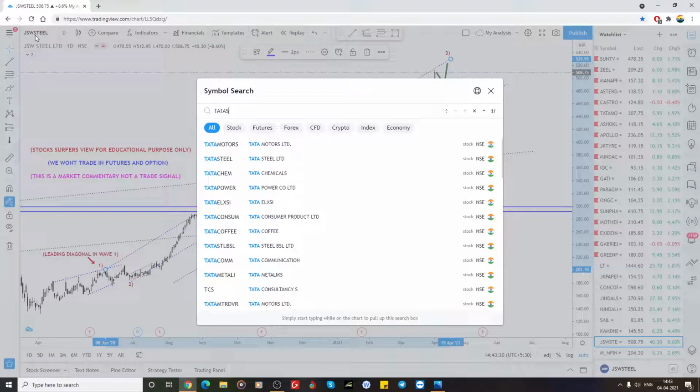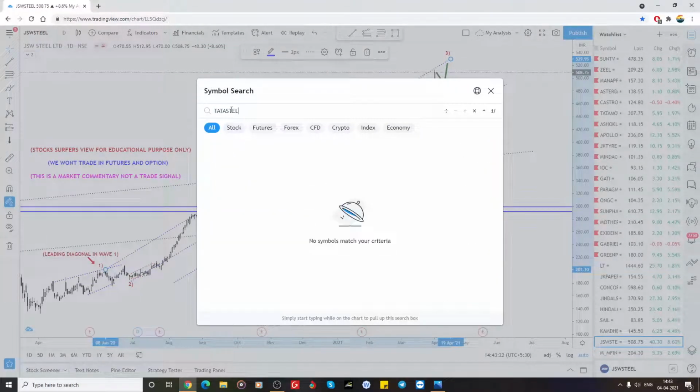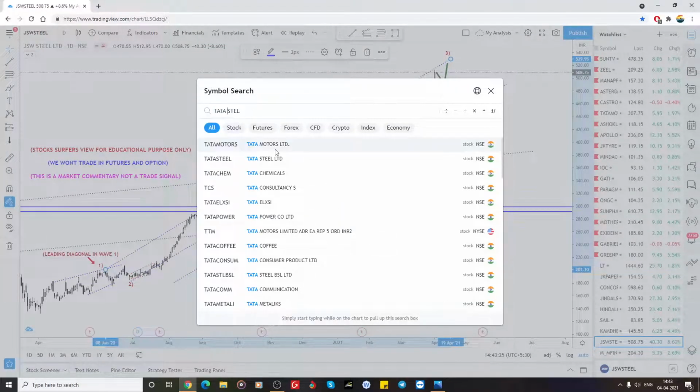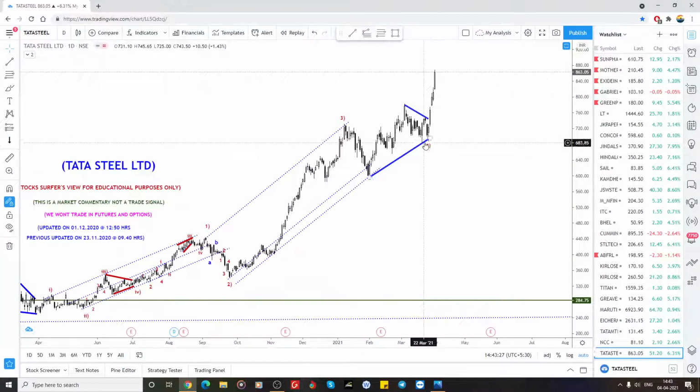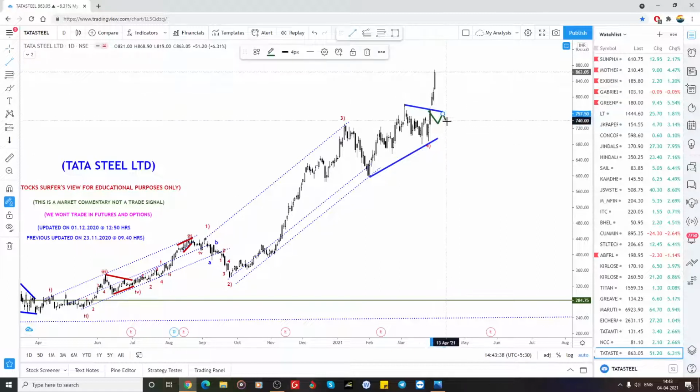So next, Tata Steel. Tata Steel also did the same high as expected here. It's a triangle, and again it shouldn't. So what I thought here is that it could be a bigger triangle. From here, what I looked at is that it can go like this and then again it can show, but the triangle already happened from here itself. So now it has already done the 5-wave structure, I think, so far.